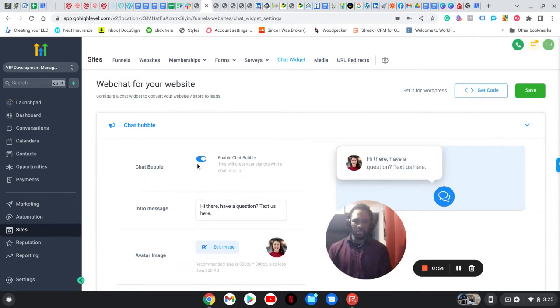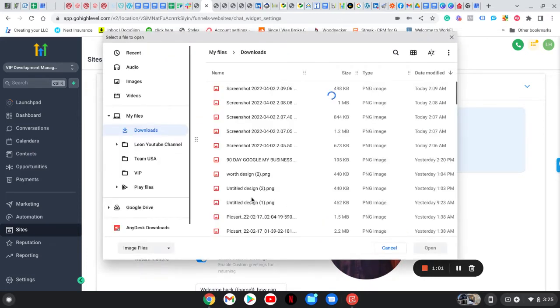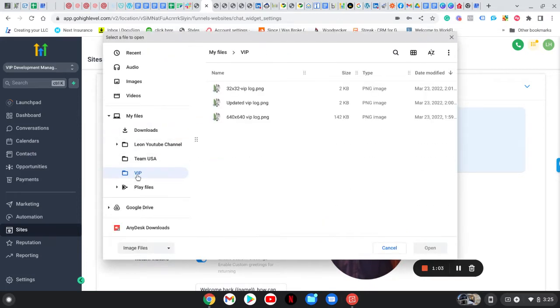You have the chat bubble, and the intro message that you put in the chat bubble. You can also edit the avatar, which means you can edit the imagery. So what I'm going to do is edit the imagery of the person, but for right now I'm just going to put an image of the logo until I get an actual